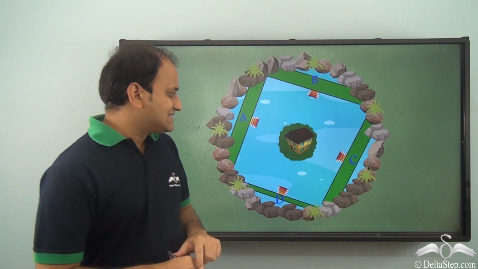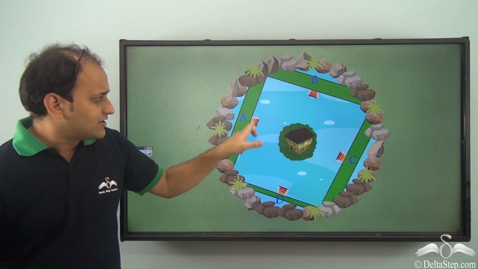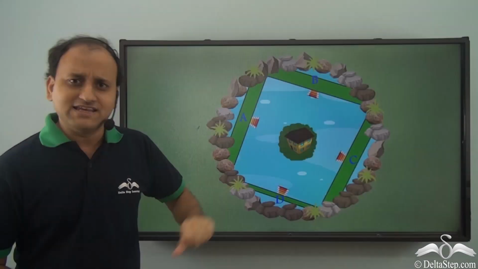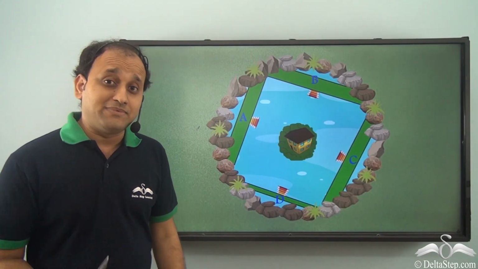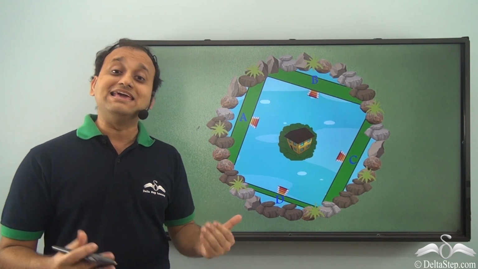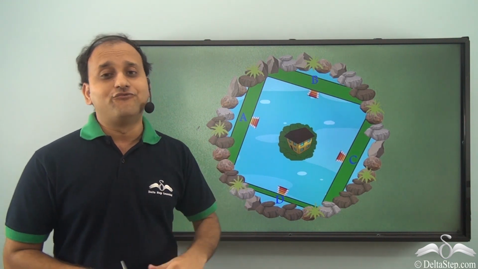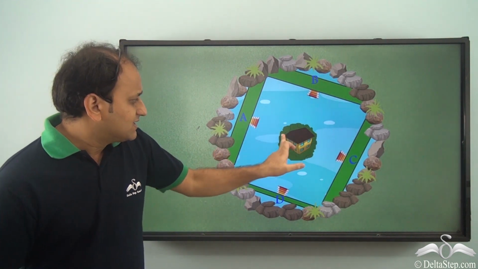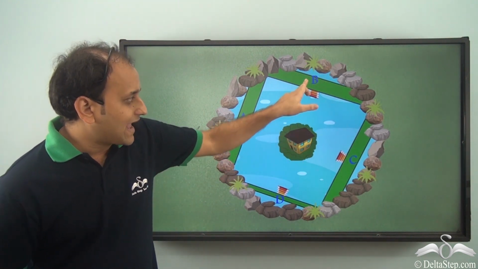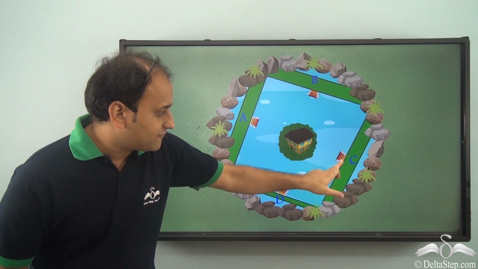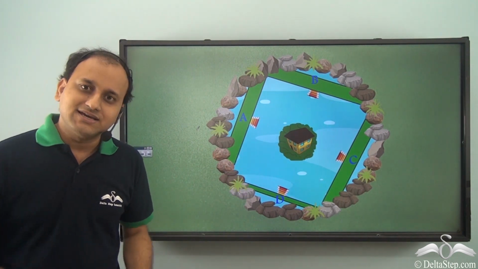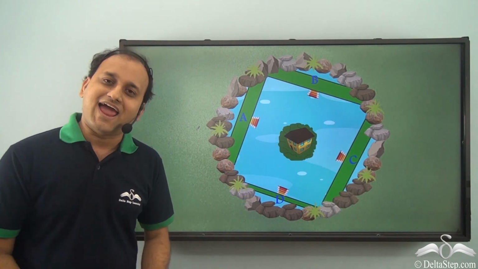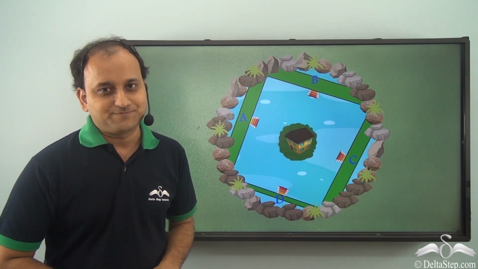Now, the gardener decides that he cannot swim to every garden every day. So, what can be an easier task? Well, he has a plank of wood. So, he decides that he will place the plank of wood at each of the gardens, and he will travel to these gardens and water the plants.